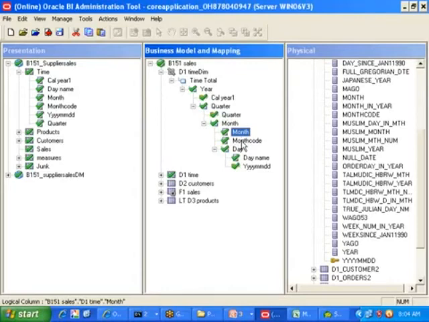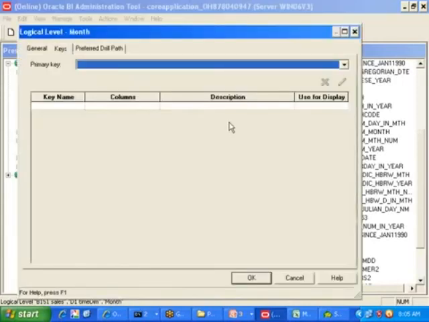Month is the display column. Month code is what, sir? Primary key column. Because January is common, it is not a different one, right? January may belong to 1998, January may belong to 1999. You cannot identify it uniquely. But if I give 1998-01, is it uniquely identified or not? That is the reason we need to make month code the primary key, not for display. Month is for display, not for primary key. Let us go and make it like that.